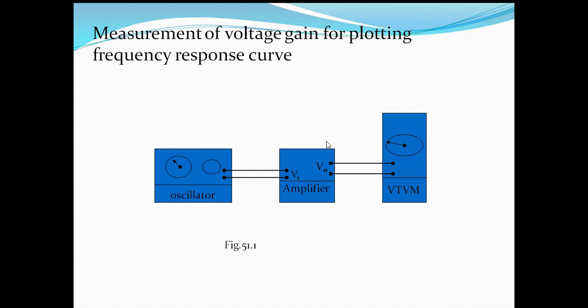So, what is the formula for gain? Voltage gain AV is equal to the logarithm of the ratio of voltages VO by VI, where VO is the output voltage and VI is the input voltage. Now it becomes bels. So the decibel gain is 20 log10 VO by VI. You will get the decibels. Since we are taking the gain in decibels, we need to draw on a semi-log paper because we are using the logarithm of gain.